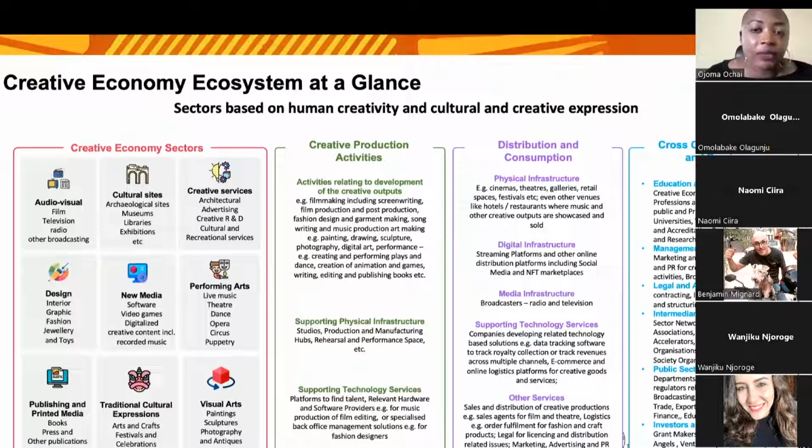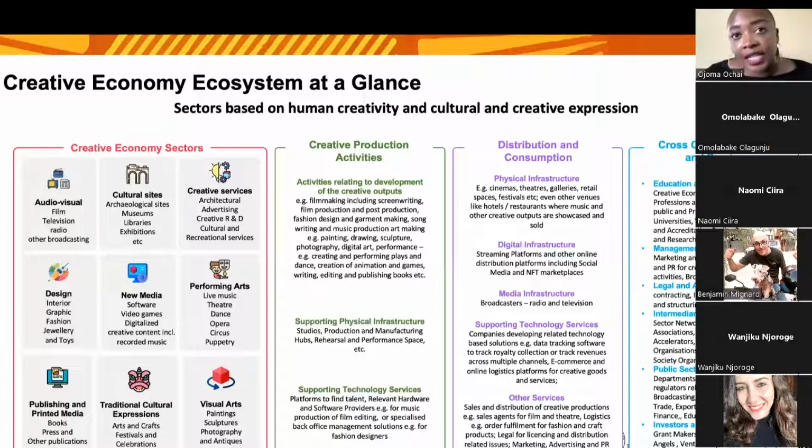All of that is part of the physical infrastructure for distribution. For the other sectors, there are cinemas where you distribute film. There are online platforms where you distribute film or music. And so there's also a whole range of digital infrastructure that enables products and services to get to the consumers.